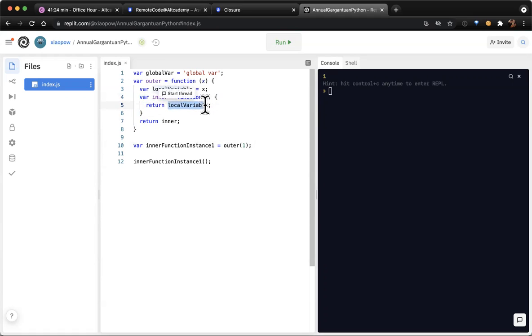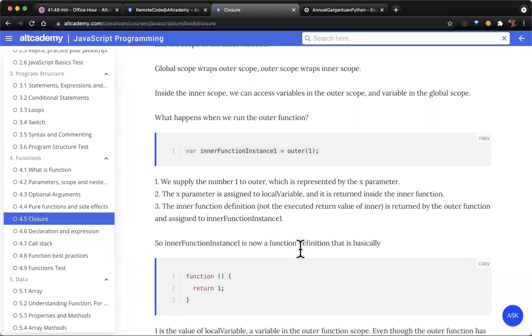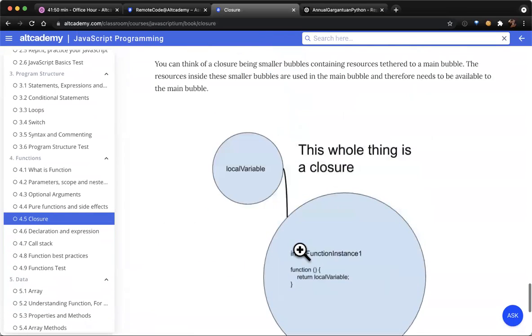So when we execute this function, we get 1. Okay. I think that makes sense. So if we put 5, we'll get 5. You have to just read this a few times.